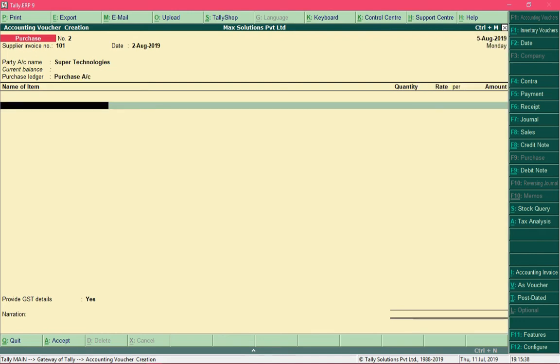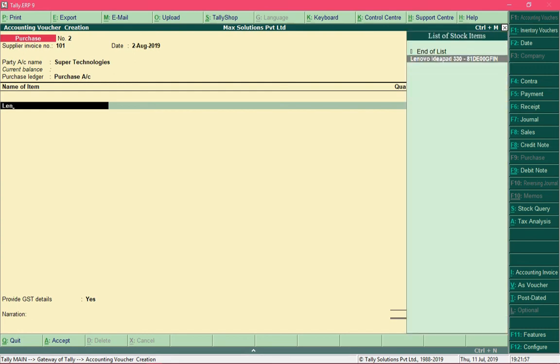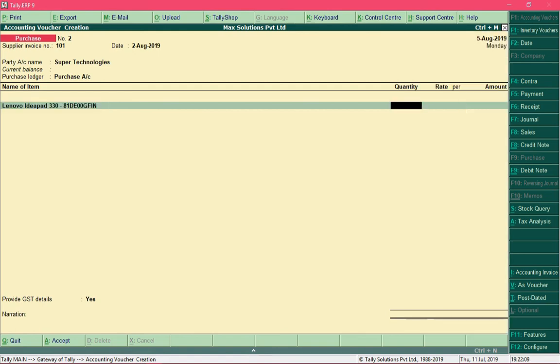Now in the field name of the item, type the name of the item which you have purchased. The item which I bought is Lenovo IdeaPad 330. As soon as you type a few letters of the item, the list of stock items will get filtered, and you need to select the item which you have purchased. In the field quantity, specify the quantity of items that you have purchased.